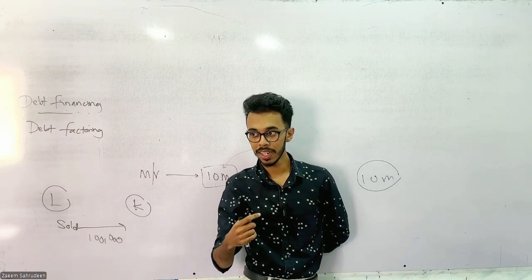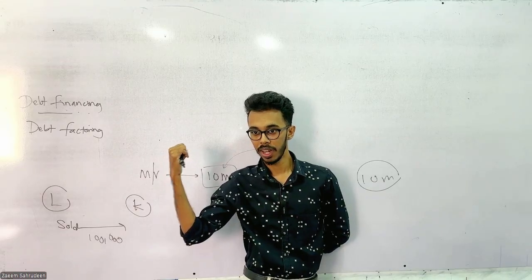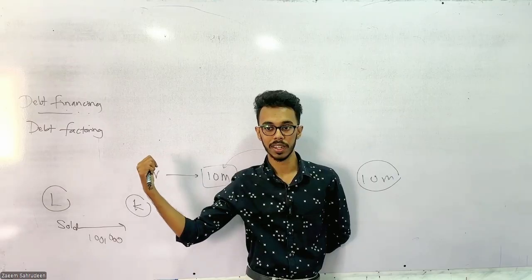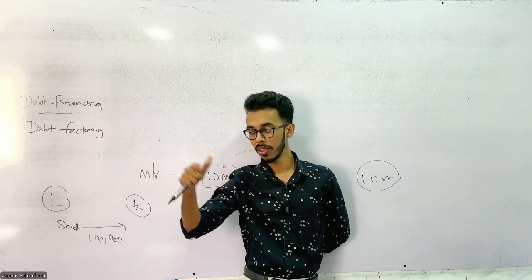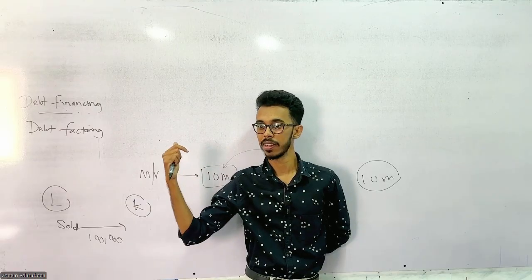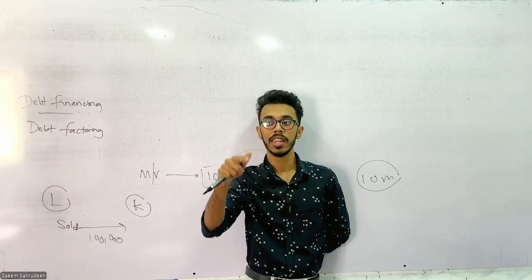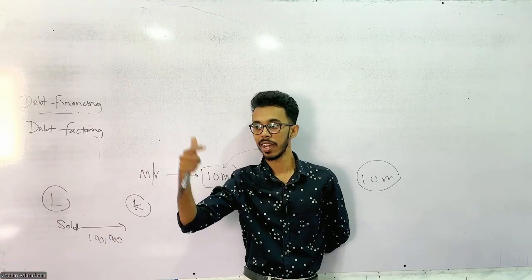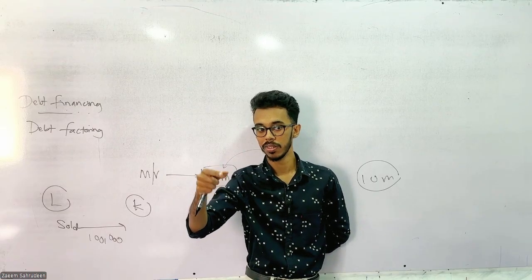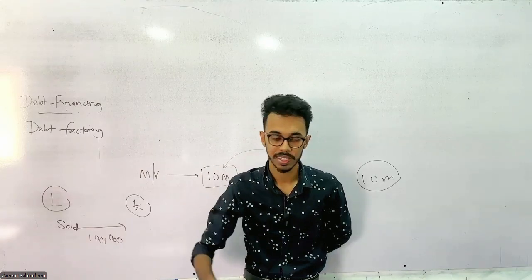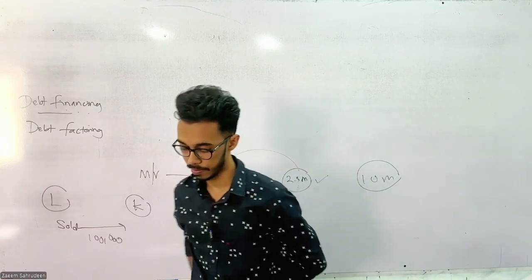Now, where is the bill? With the company. Casey, to whom should you pay, to Lorraine or the company? To the company. So the company goes and collects the money from her. Let's say she is delaying her payment; when she delays, they will charge interest on that as well. That is what we call debt factoring. Clear? A question may come asking what debt factoring is.